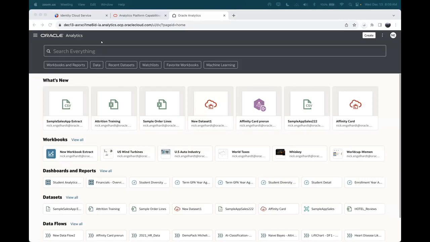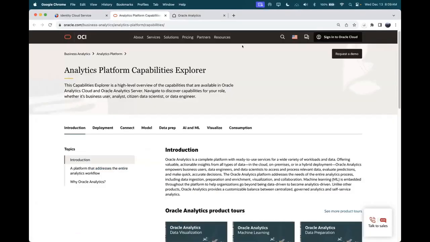So this is the home page when you come in and log into Oracle Analytics Cloud. This is where you can customize things. You can see all your different artifacts that are available for you. One of the things today I would like to go back and forth to, and it is in the links for you as well, is part of what we have on our oracle.com webpage for the analytics platform,